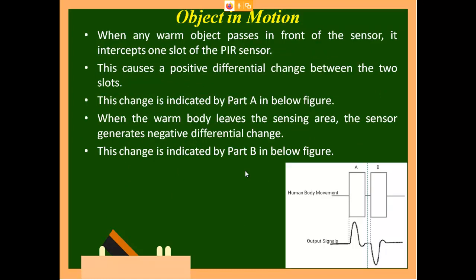And if the object is in motion, initially one slot will be high and the other low, and in the next situation the case reverses. So now there will be an output from your comparator, which is nothing but a differential amplifier. Then we will identify that the object is moving. From that we will identify the motion of that particular thing.